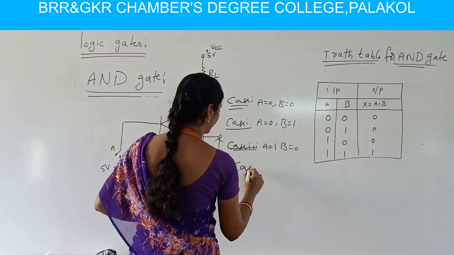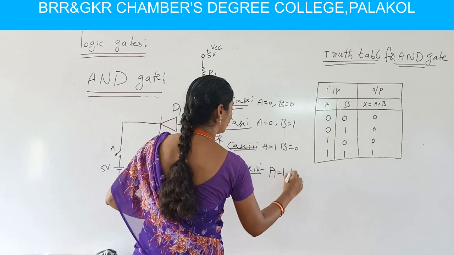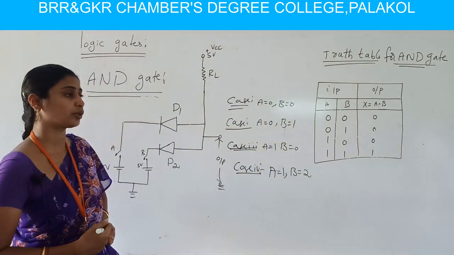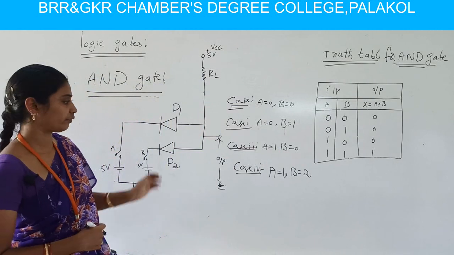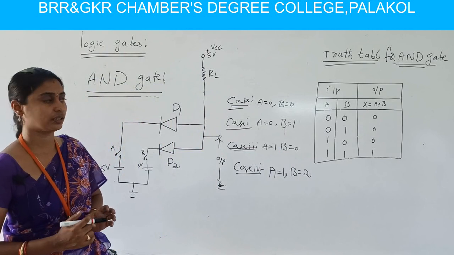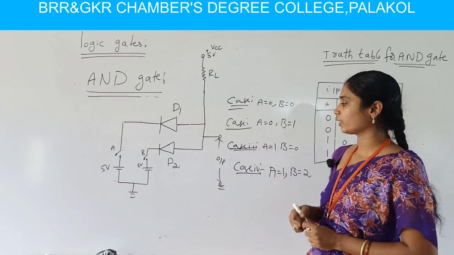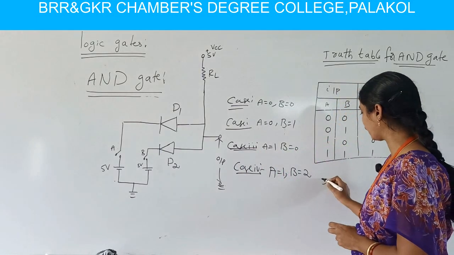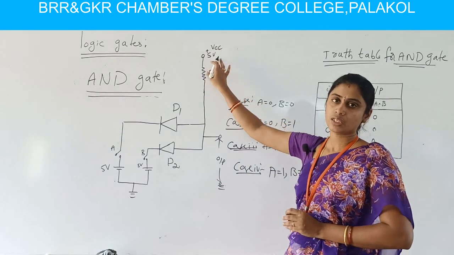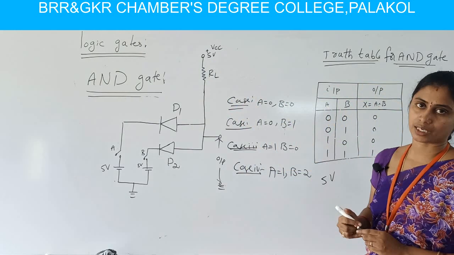And in case 4, both diodes D1 and D2 are in a conducting state, and whenever the resistance is low, then automatically conduction is high. Here both the diodes are in forward bias condition, then we have output, but this output entirely goes to the earth. Whatever input is given, 5 volts for the A and B variables, we have collected across this load resistor RL. So in this case 4 we have the output as high.